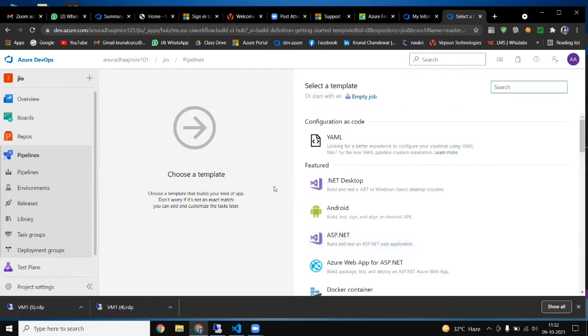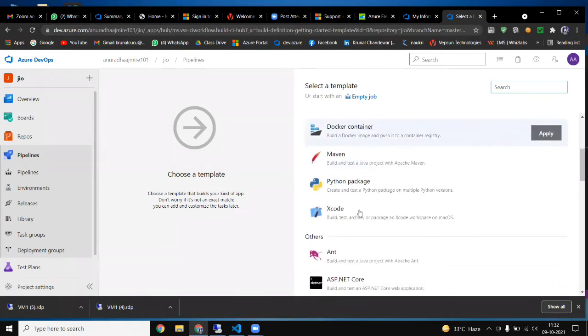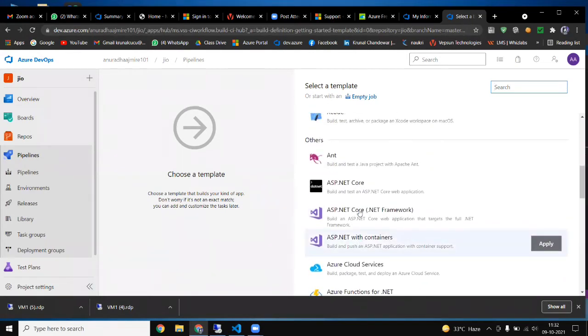They are asking whether I want to make a project with .NET, or with ASP.NET, and they are giving many more options here. Does anyone know what Ant is used for? Hello? It's a build tool.